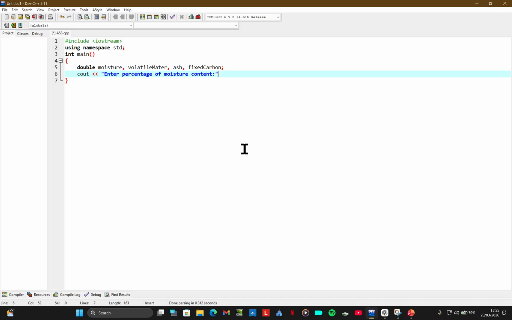And then after that, what we can do, we give the user a chance to put in those values. Which value are they putting in? They're putting in the moisture. It will be a number, right? And after that, user putting in that moisture,